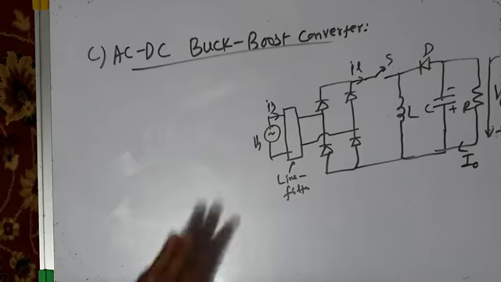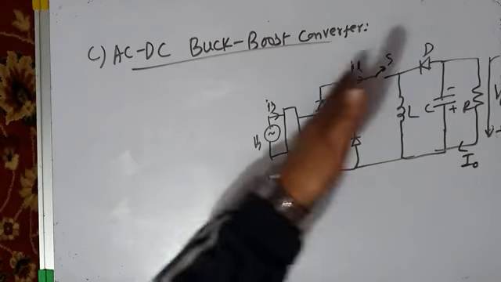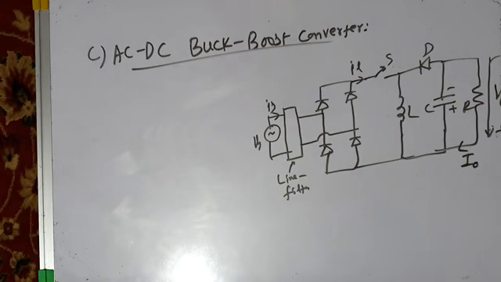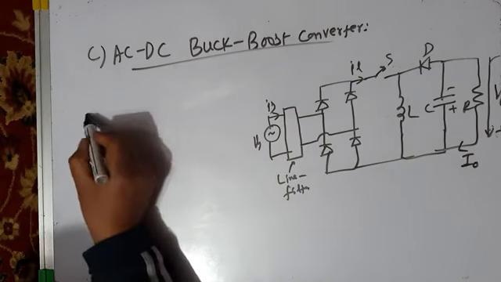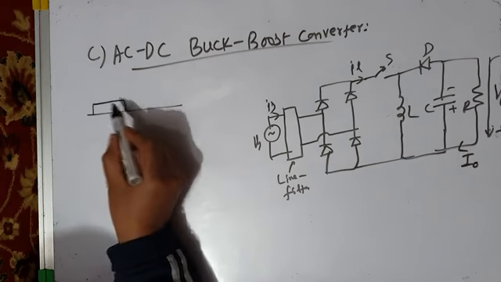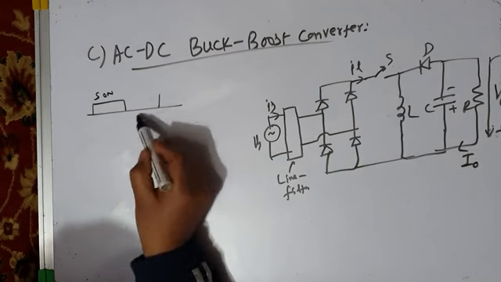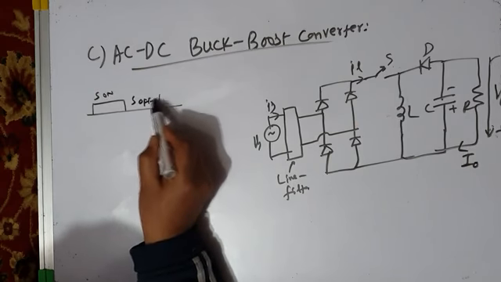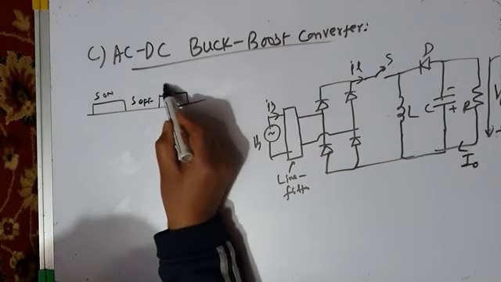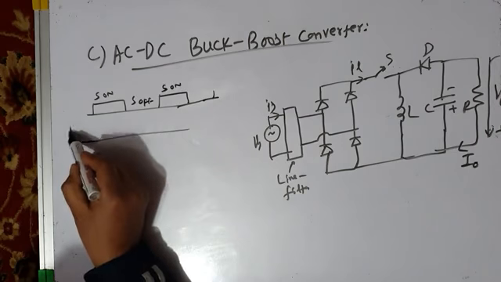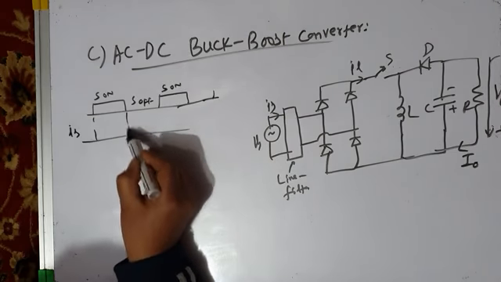So you can operate this AC to DC converter as a buck converter or as a boost converter depending upon the duty ratio. Now, यह आपकी पहली पल्स है जिसके दौरान आपका स्विच ऑन है और इस दौरान स्विच ऑफ है. फिर आपका स्विच फिर से ऑन होता है फिर ऑफ होता है एंड सो ऑन। तो पहली करंट पल्स आई एस आपकी यहाँ से यहाँ,